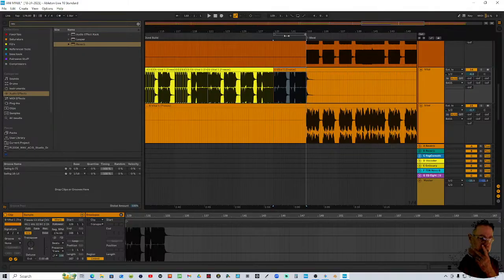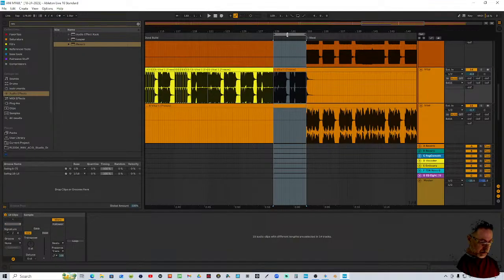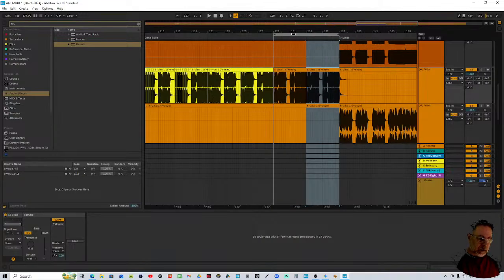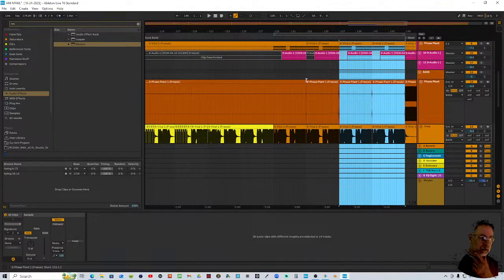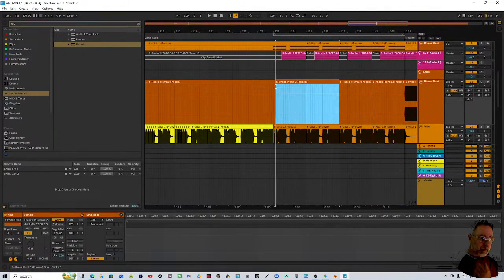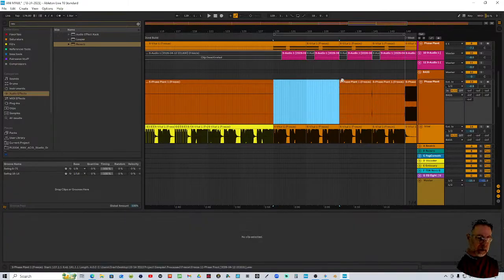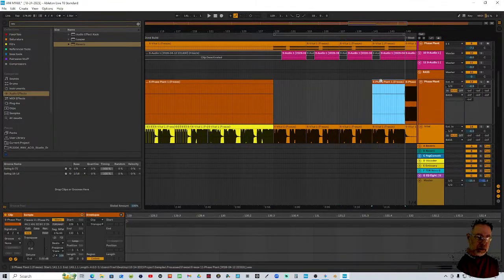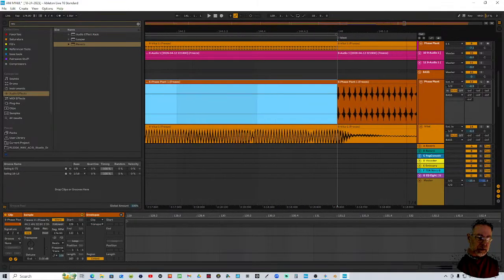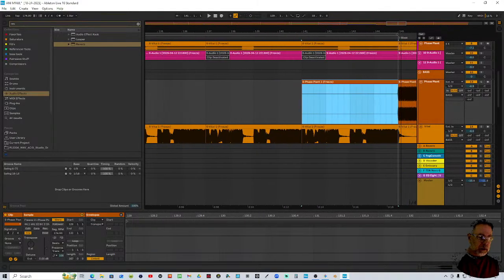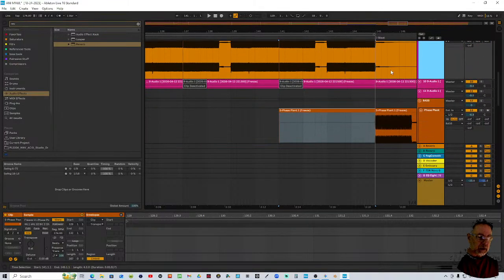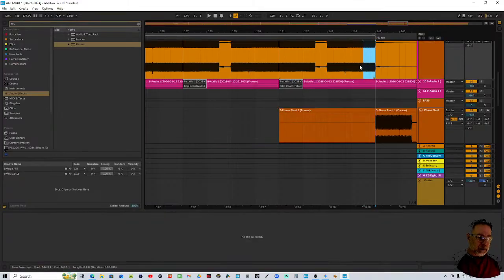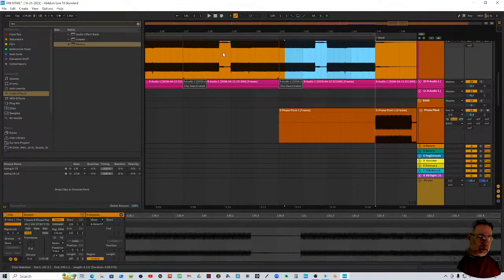I think maybe we just call that four bars, and then we kind of like swell into whatever this is here somehow, maybe by doing the same technique. Let's see, we get